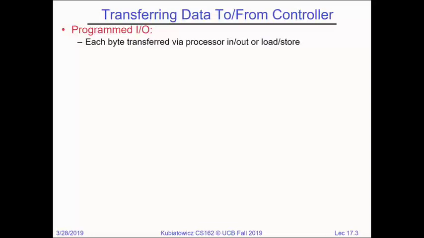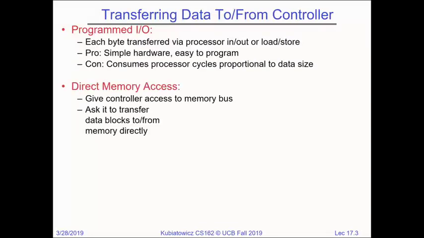Perfectly good way to do this. But there are block devices like disks and network devices that bring in big chunks of memory at times. Disks are a great example of a block device, where you want to transfer 4K at a time or more. You don't want the processor to go in a loop just copying from the device to memory, because why waste the CPU cycles? And so there's an alternative called direct memory access, and I want to talk you through this because this is a very common